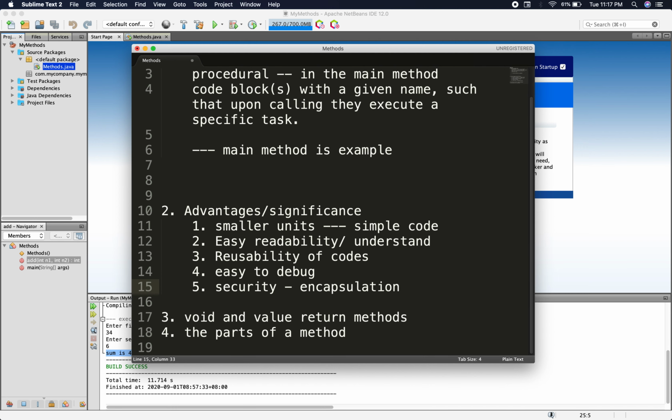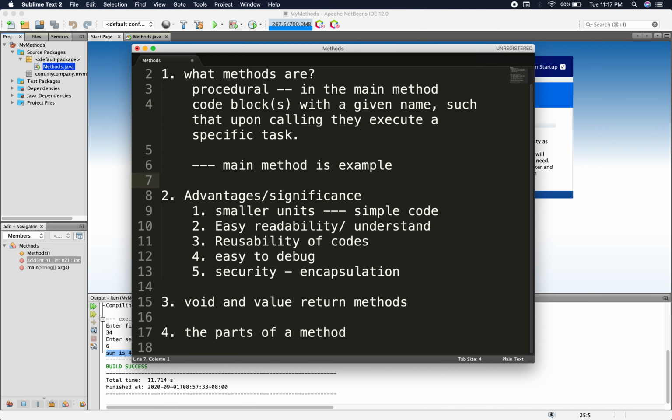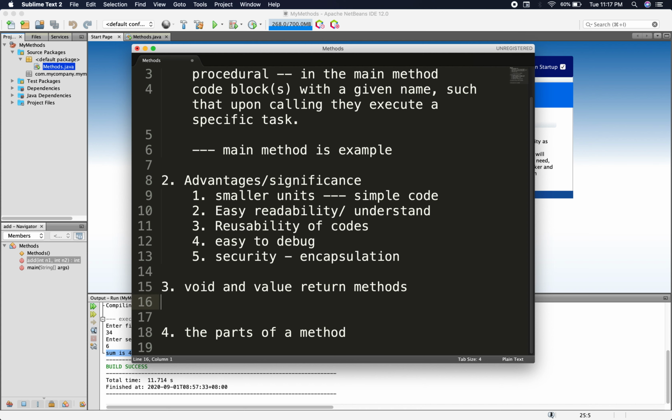Now, I would want to quickly mention also that in using methods, you come across a method that has one of its access modifiers as void. If it is void, it means that that method is not supposed to return a value when it is called. Like I said earlier on, methods are executed when they are called. Okay. So in an instance of a void method,